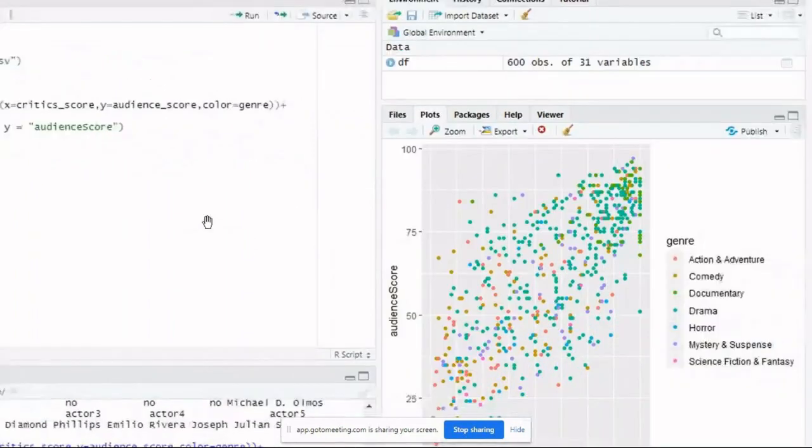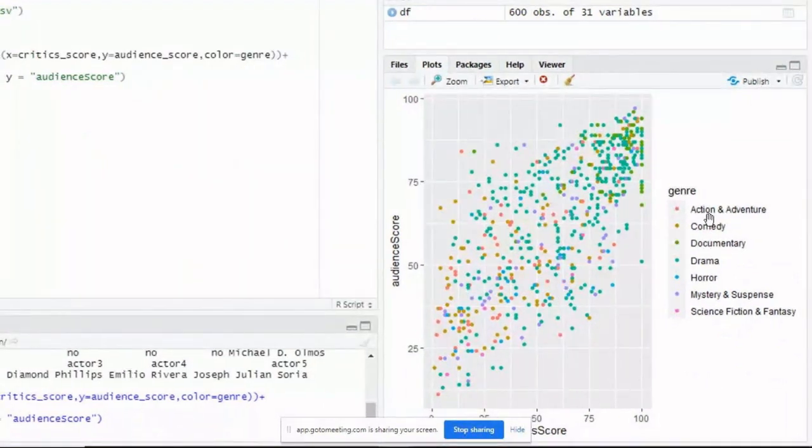Now look at this graph. See, it has automatically generated a legend. No need to give a legend here. Once you give color to the genre, it automatically displays which movies are given which color. You can see the x-axis legend, y-axis legend, and color. Horror films are given this particular color. You can see how horror films are distributed and how they are matched between the critic score and the audience score. You can see more green shades in this area. Like this, scatter plots help you to know the correlation between two variables.